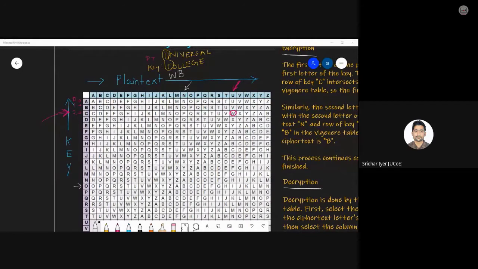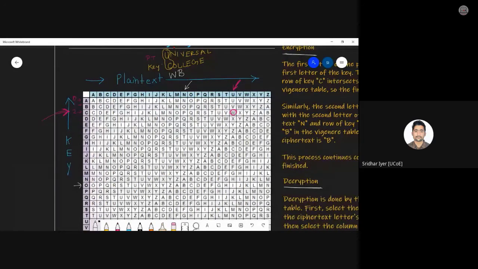What you need to do is keep the key constant, obviously. In the C row, for example, the first key is going to be the same, right? Key is C only. Now you have to compare the ciphertext and the key. Wherever in the row of that key you find the ciphertext letter W, the corresponding column will be your plain text. Am I clear? Am I making any sense?